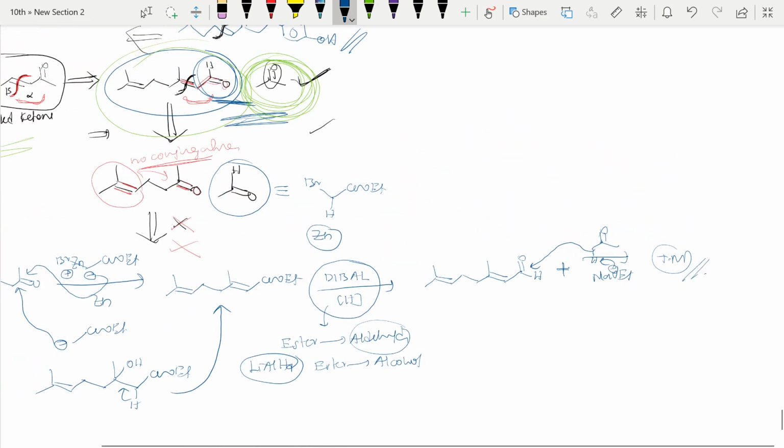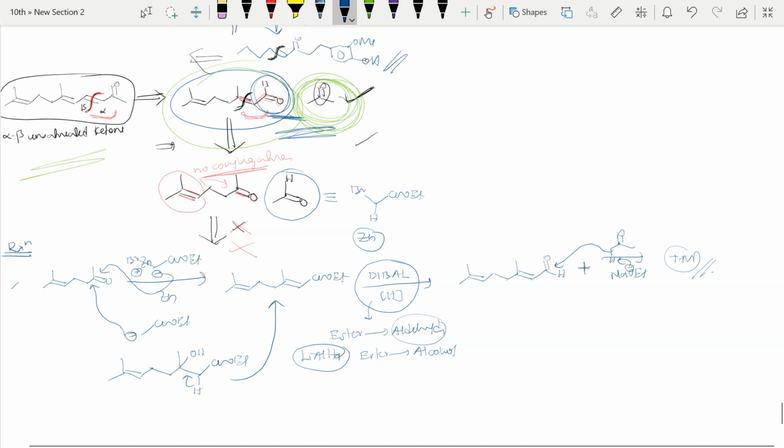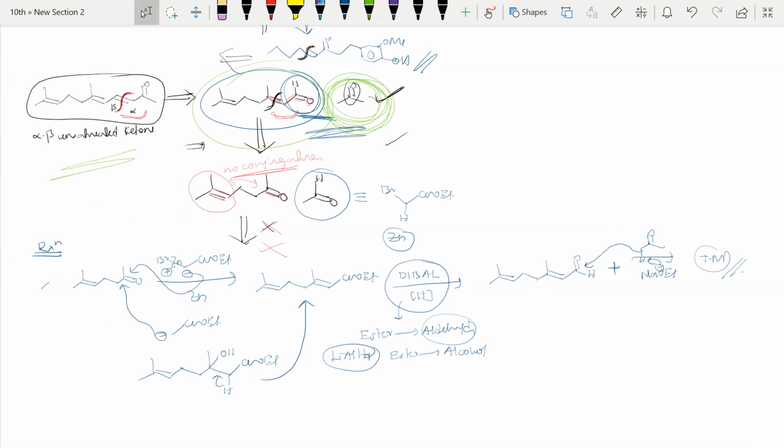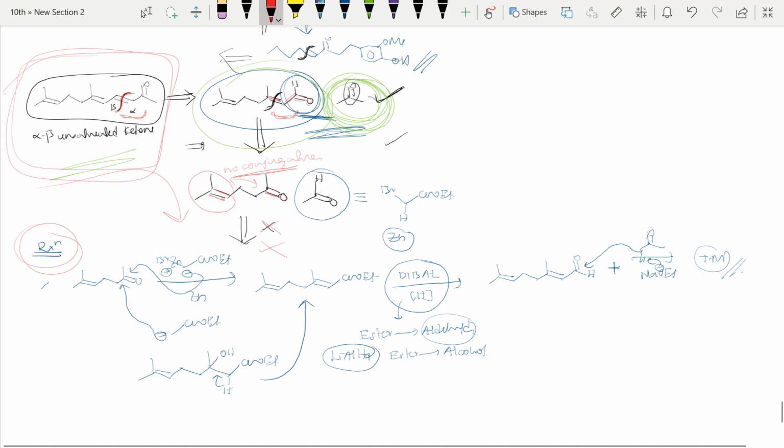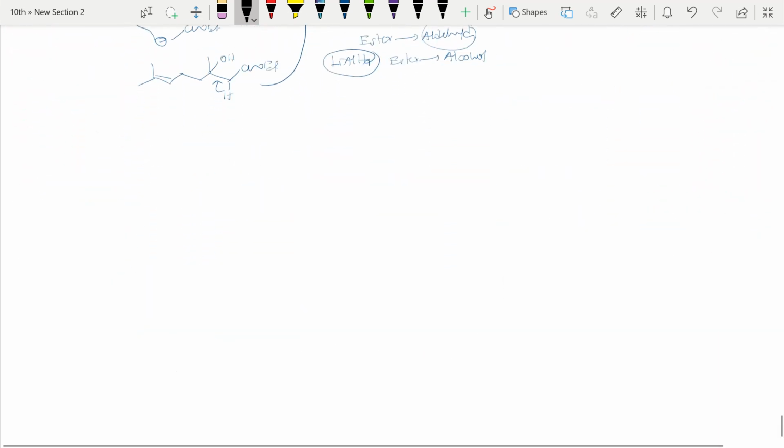So what I have explained is on the screen, you can observe. First I did the retrosynthesis, and then I did the reaction to get the same target molecule on the product side. I hope you got it, right? Next, let us see one more example. There are a few more examples, let us see.